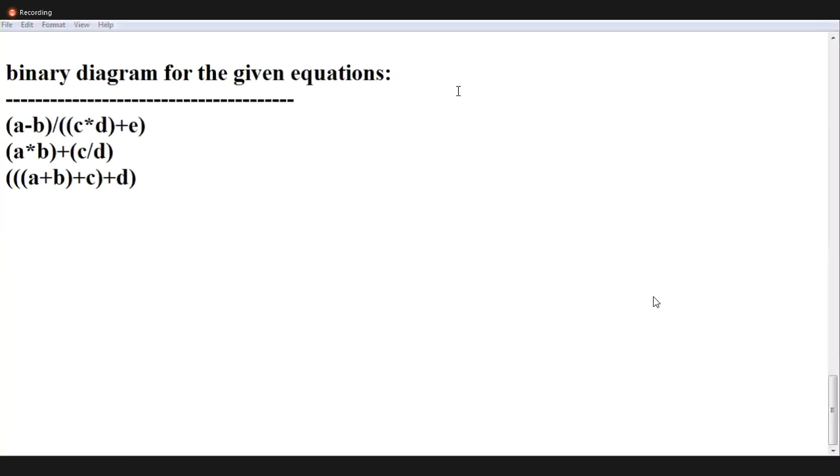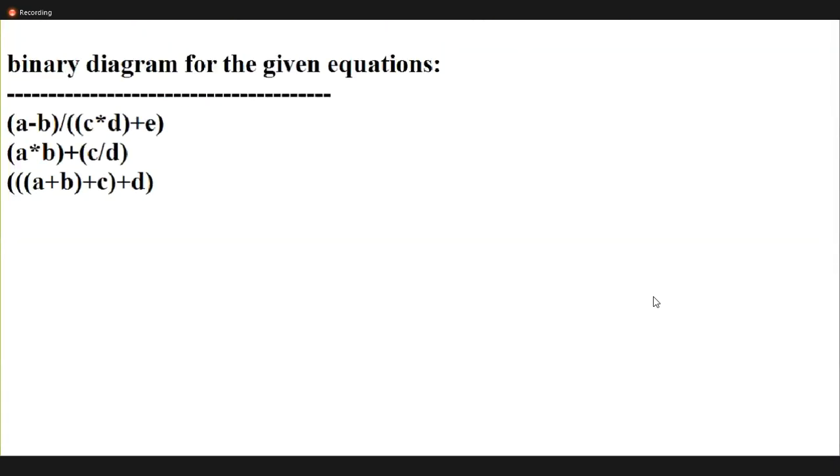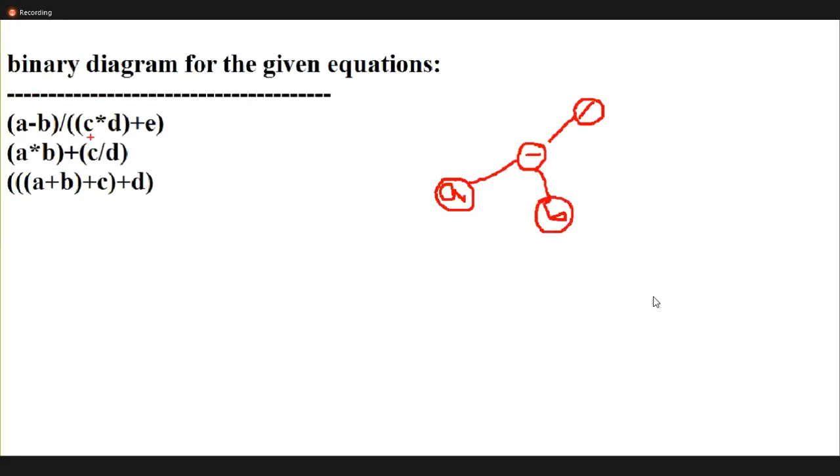The root is this. What is the left side? A minus B. Again A minus B: root minus, A on the left side, B on the right side.